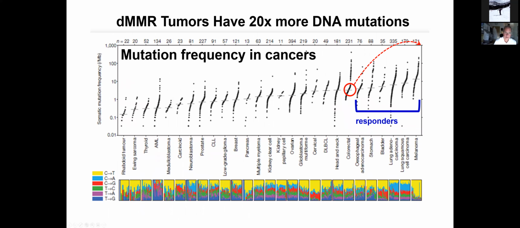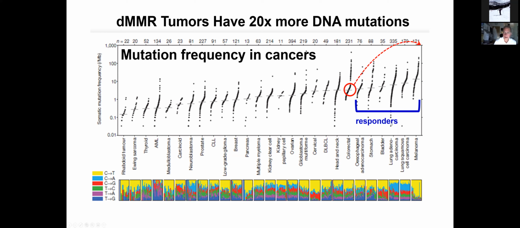Well, what's interesting about it is if you look at mutation frequency, a lot of the cancers that children get have very low mutational rates. Ewing sarcoma, AML, which is acute myeloid leukemia. These tend to happen more in kids, and the thinking is that the kids don't have enough time to have all these cancers happen. Whereas if you're a smoker and you've spent all your time at a tanning salon, those tumors have way more